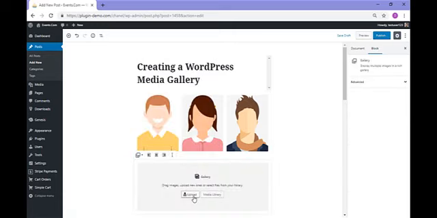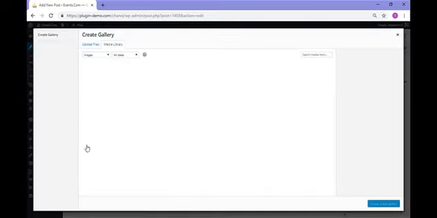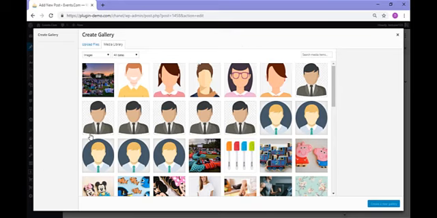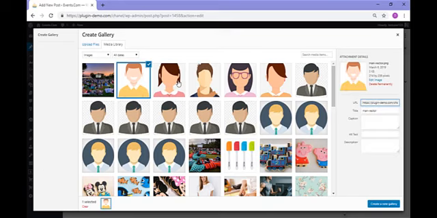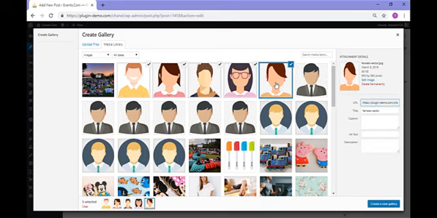Then I can choose to upload new images for my gallery, or I can click on my media library to use images that I've already uploaded to my website. So I'll click on the media library button and that takes me to my media library where I've got a collection of images that already exist on my website. So then to add some to the gallery, I can just click on the ones that I'd like to include in my gallery. So I've gone ahead and added 5 to my gallery